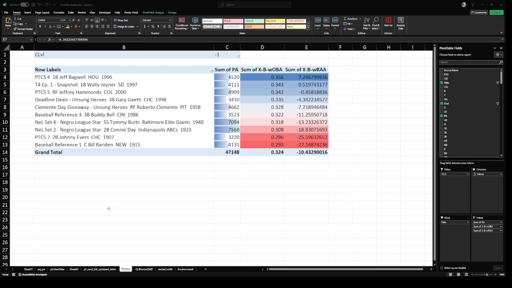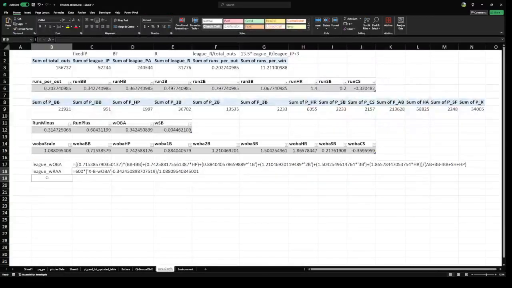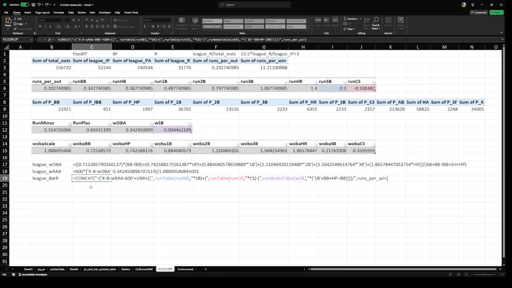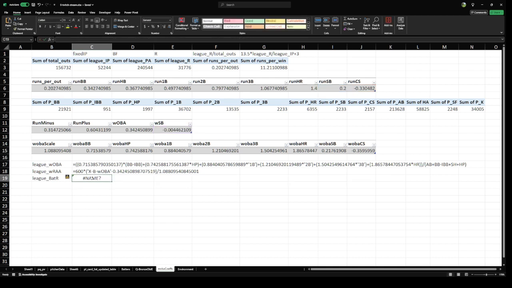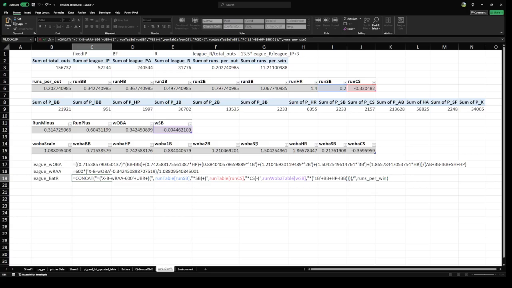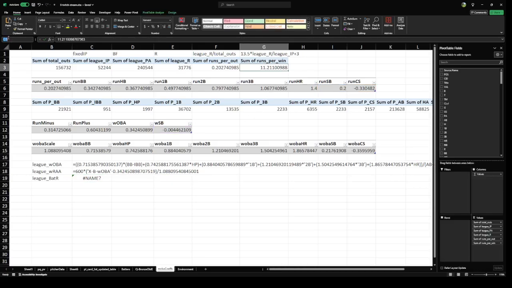So the final thing is to get a bat run value, which is basically bat WAR. This has no bearing on their defensive ability. What is it missing? Oh, runs per win. Okay, so again, name your cells, runs per win. There you go. So now we have